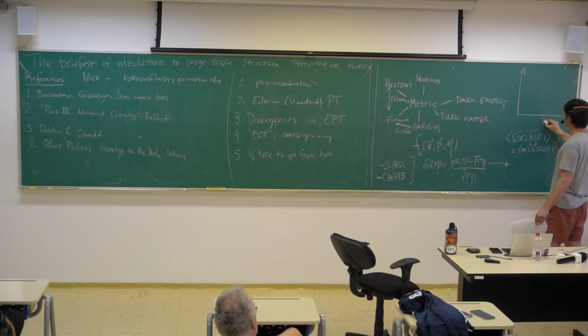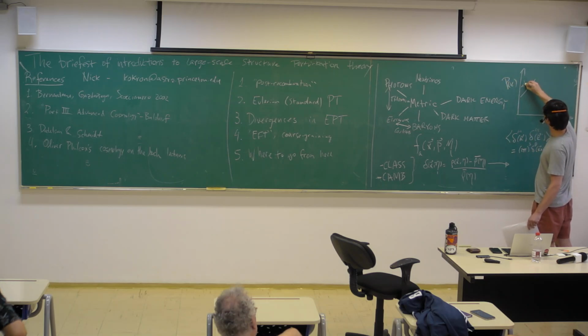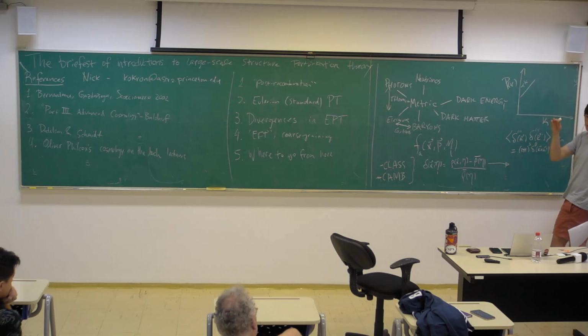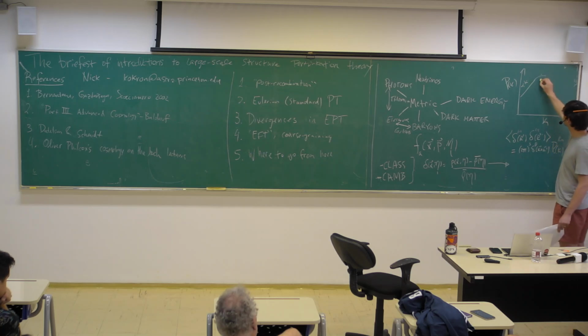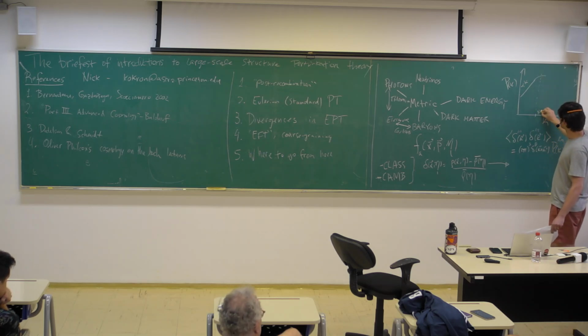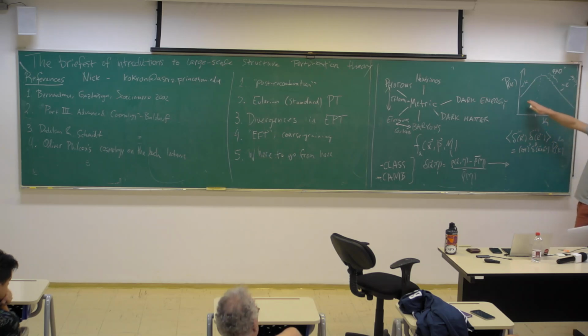is quite simple. As a function of k, this might look something like this. It is proportional to k at large scales. There's also an n_s minus 1 term, but I'm neglecting that right now. There's some peak, which picks out a preferential scale in the evolution of the universe, which is the scale of matter-radiation equality. There are some fluctuations here. This is what we call the baryon acoustic oscillations, which have information about the baryon density and the dark matter density. And then this is kind of just a power law, which goes as roughly k to the minus 3. And so this is the initial condition. This is the building block for all the calculations that we're going to do. So just keep this function in mind.